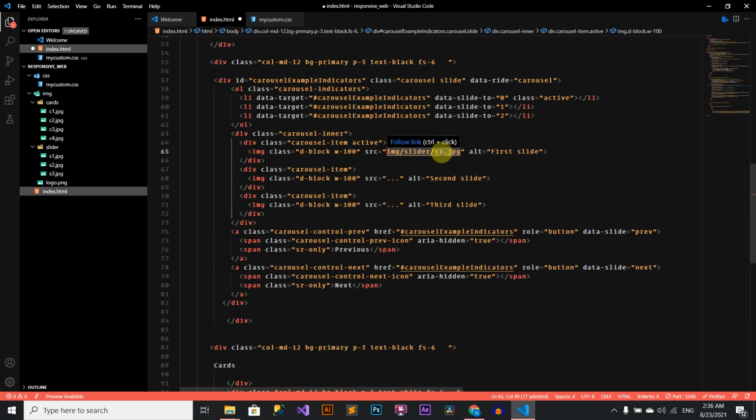Now I copy this and paste it in the second and third also, and change to S2 and S3. These are our image names with path. Now check.